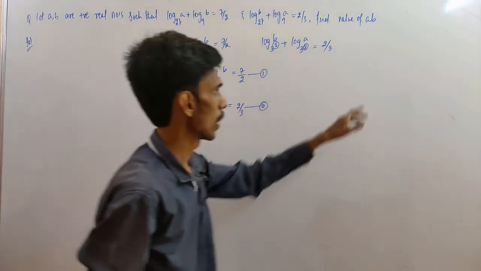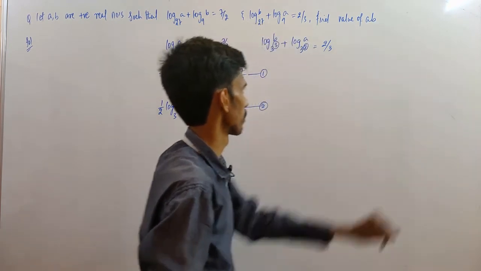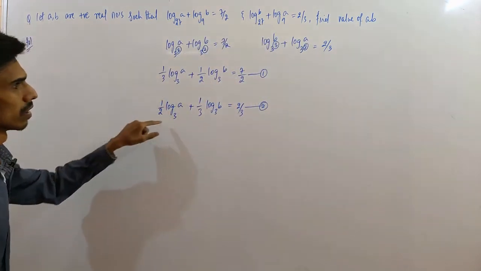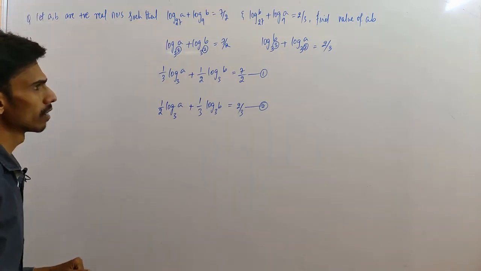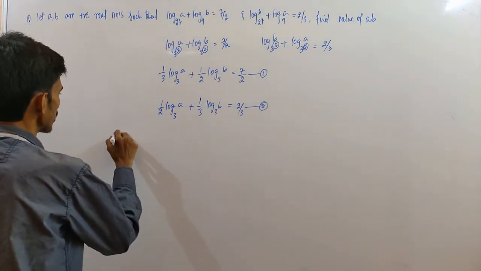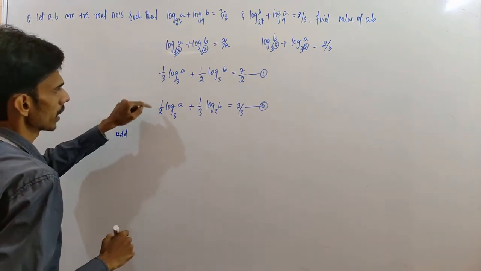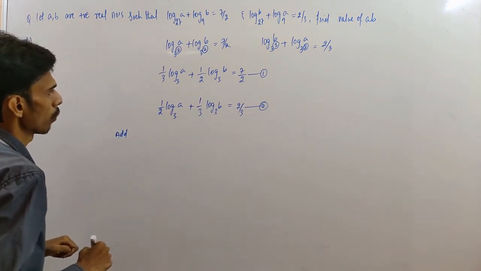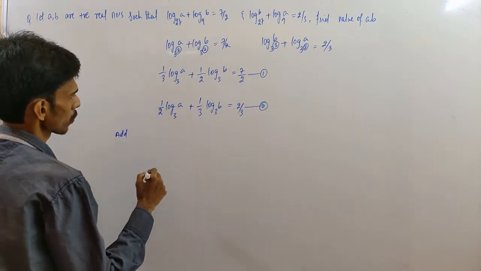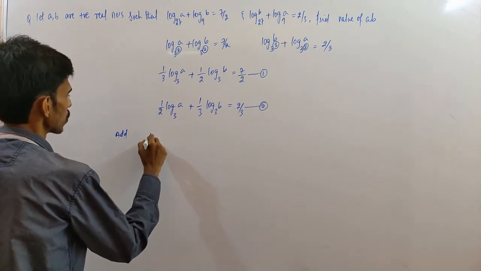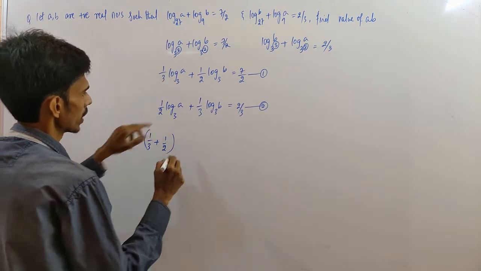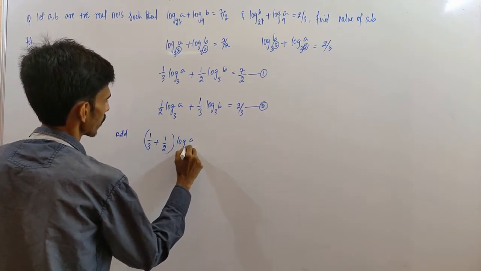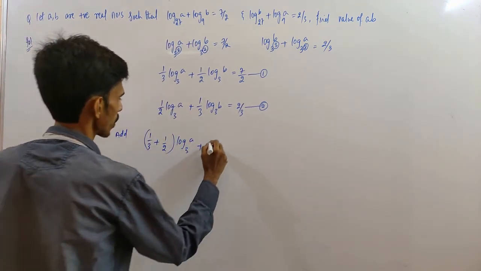We have to find out the value of AB, that is the product. Here we have two equations. If we add these two equations, we will get the product. Now add these two equations. We have 1 by 3 plus 1 by 2 log A, taking this term common, log A base 3. Similarly 1 by 2 plus 1 by 3